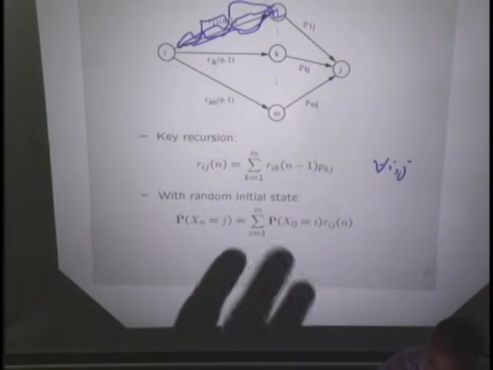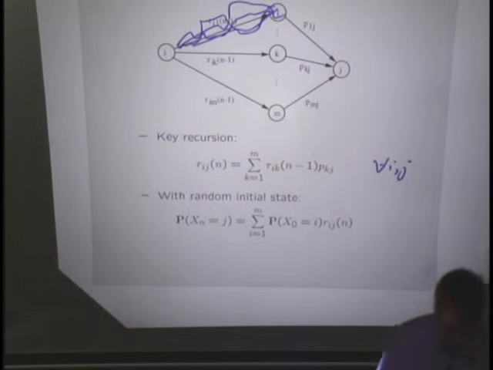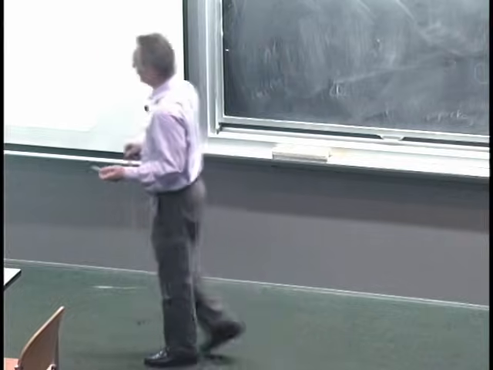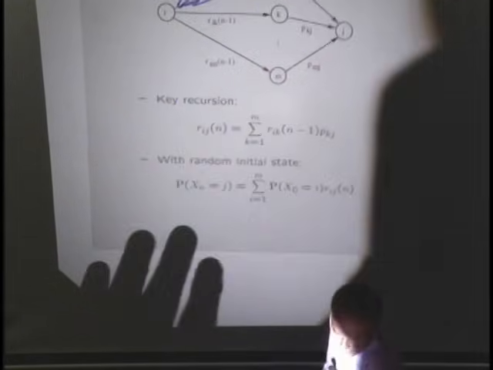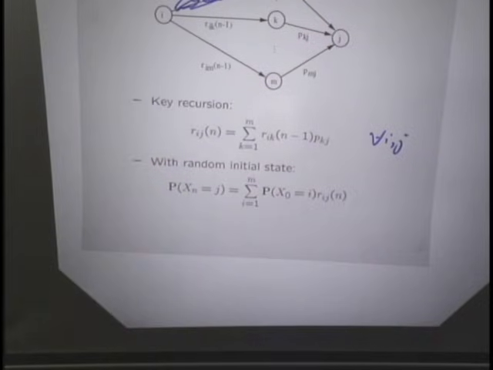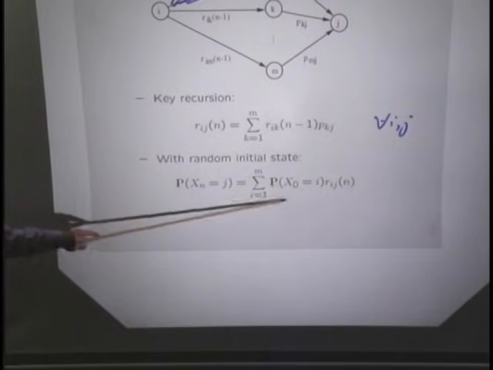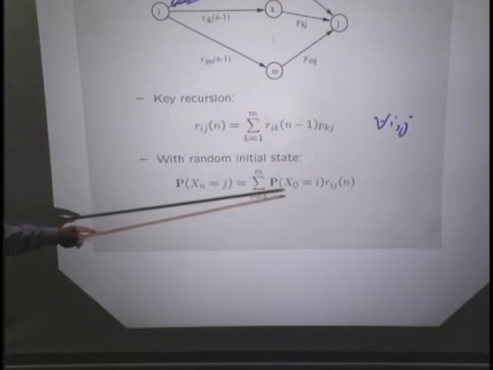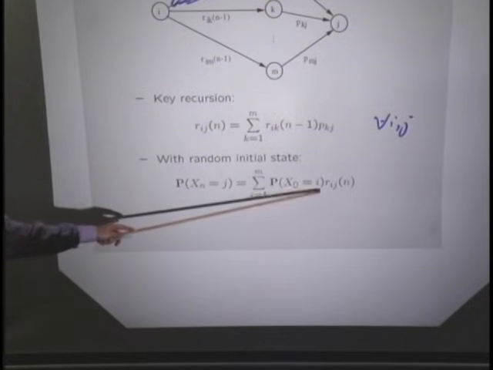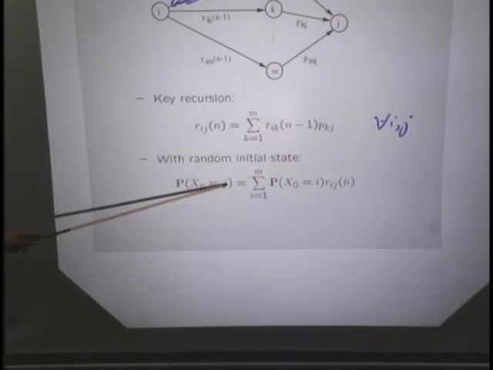Now, this is a formula which is always true, and there's a big idea behind that formula. And now there are variations of this formula, depending on whether you're interested in something slightly different. So, for example, suppose you have a random initial state, and somebody gives you the probability distribution of the initial state. So you're told that with probability such and such, you're going to start at, say, state 1. With that probability, you're going to start at state 2, and so on. And you want to find the probability that at time n, you find yourself at state j.